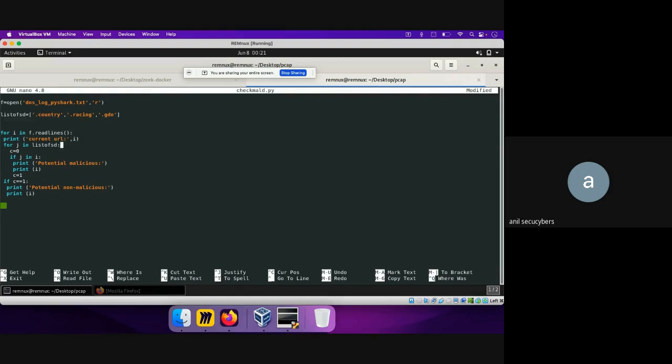And over here we print current value of j, and we just print j over here. And we also print the list of shady domains, for example. So now this code will explain what this i is, what this j is, and it will also tell you